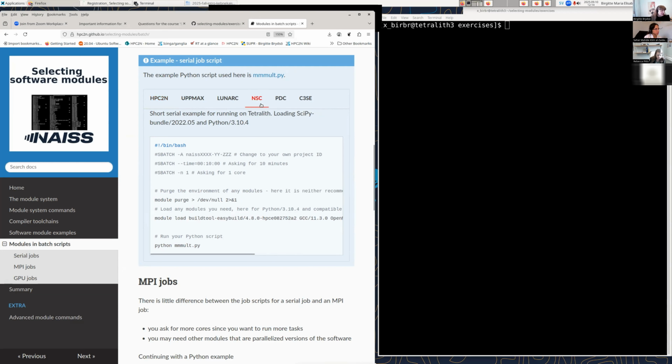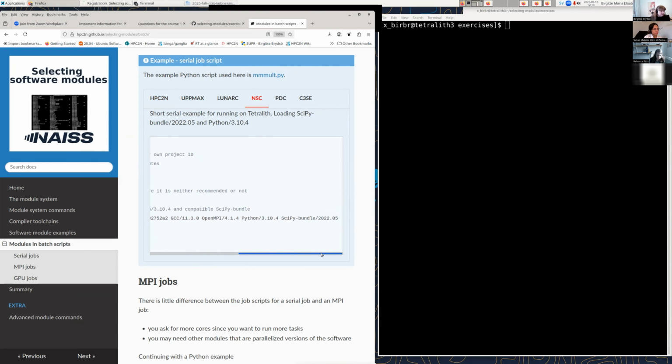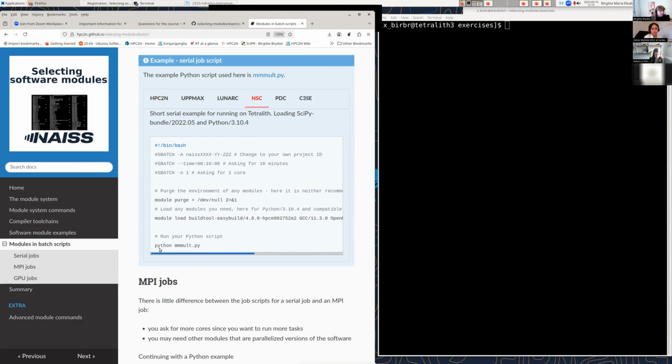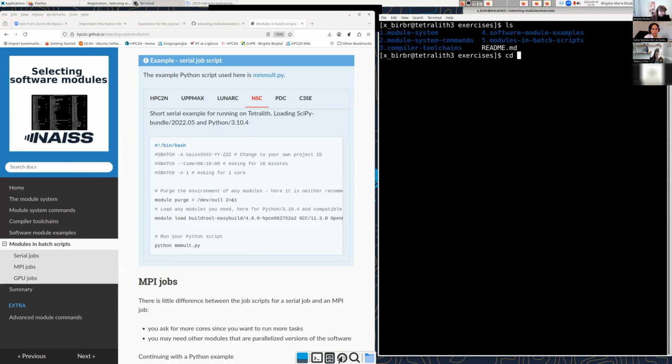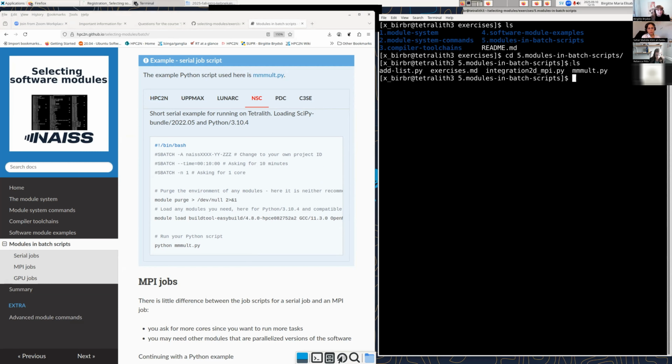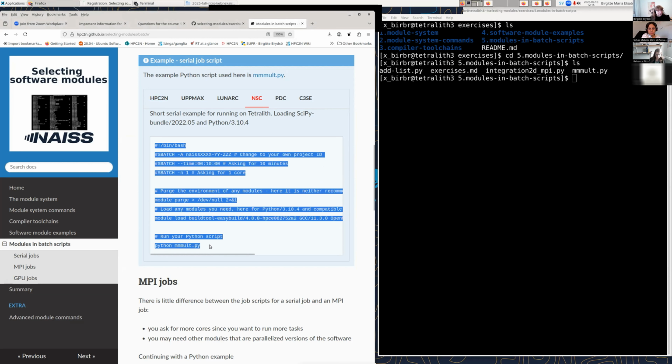At NSC, it could for instance be these here. So this is just an example for Python 3.10.4. And then you can just run your Python script in there. If you want to do the exercises, they are in 5 modules in batch scripts. You find the Python scripts, and then you can simply copy these scripts here